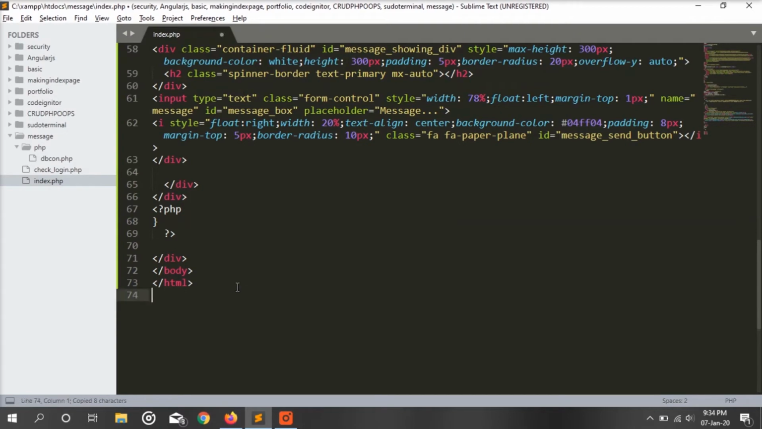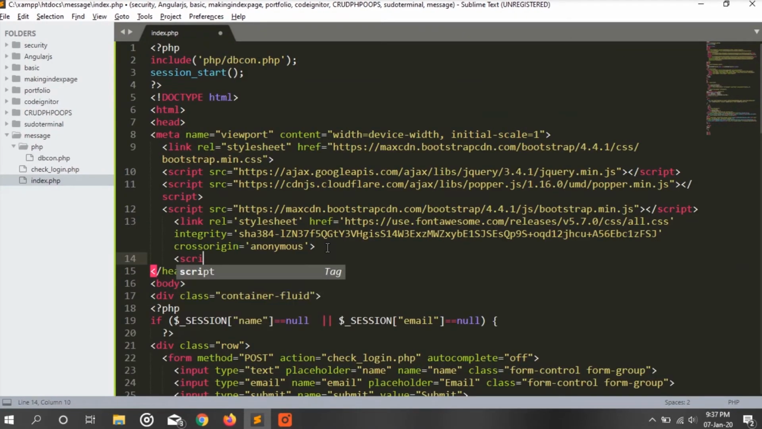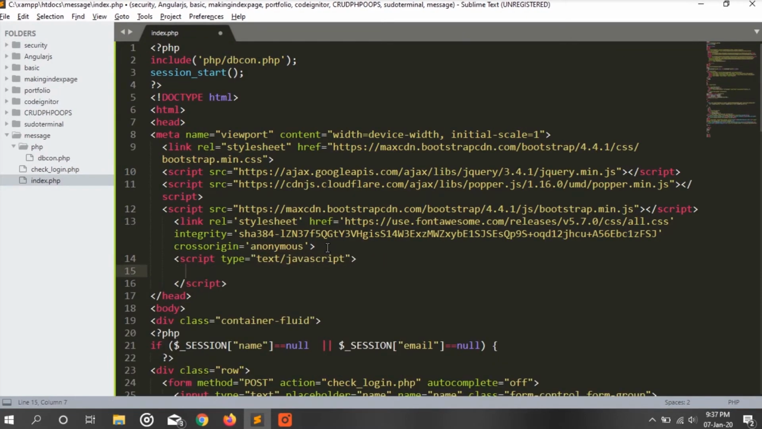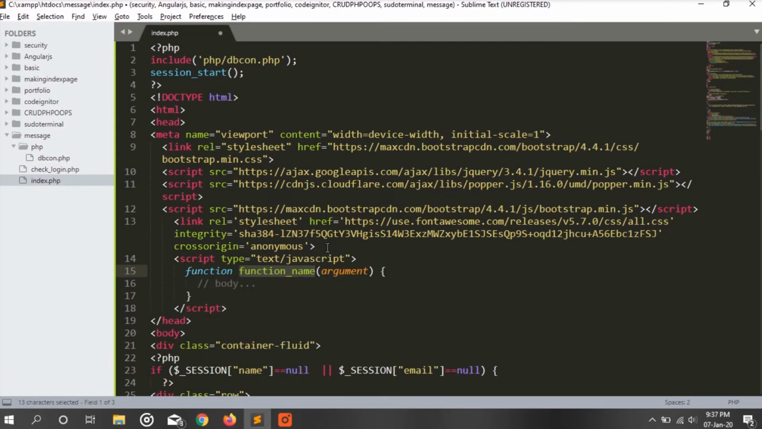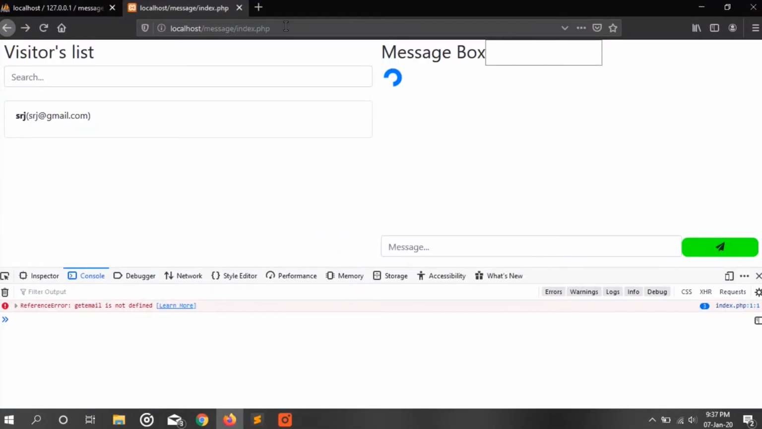So now for the scripting part we are going to use a script tag, and in that we will create a function getEmail, and this function returns the id or the email of the selected or clicked visitor. Here we are going to put this id into the value of an input type text